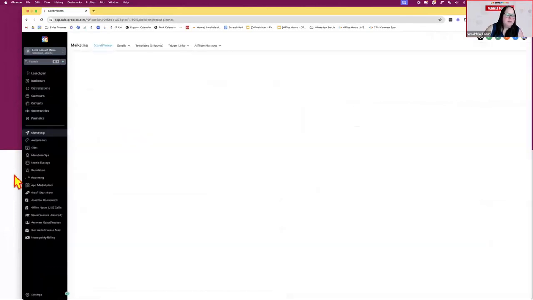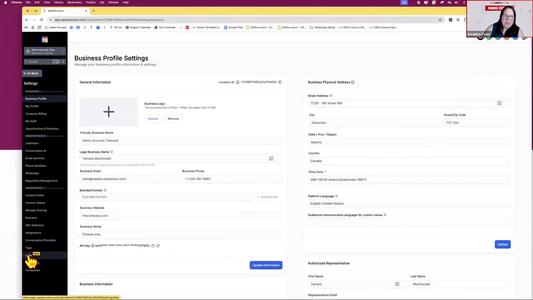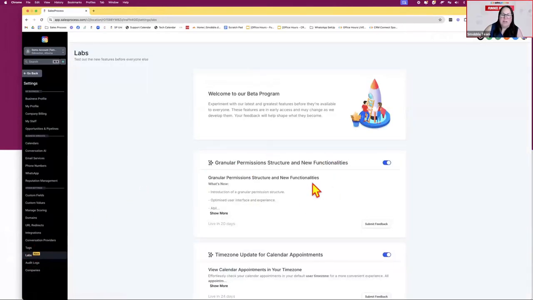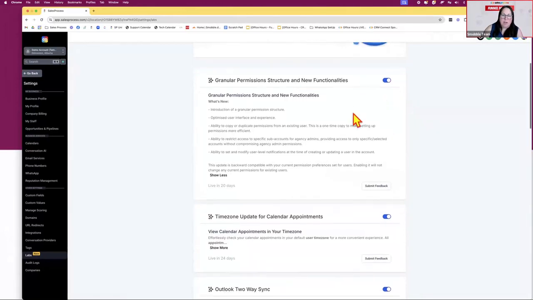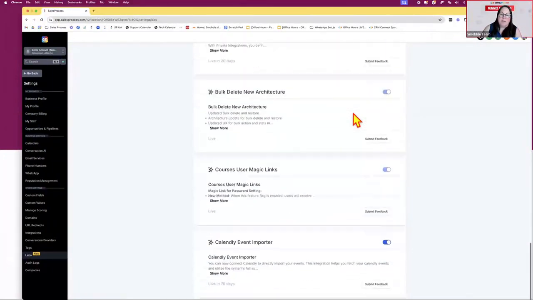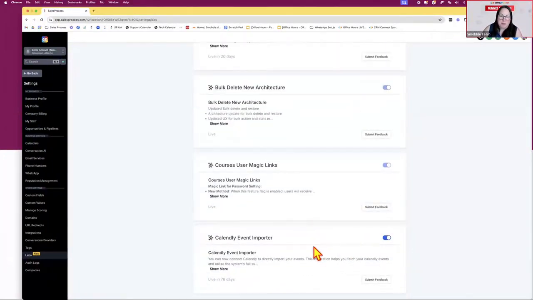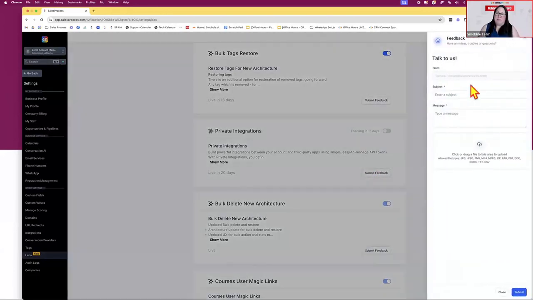If you go into your settings and you go into labs, this is basically new features that drop in here, and it will tell you a little bit about what the feature is, and it will have them shut off in your account. You can decide if you want to turn them on or not, but you have to remember these features are in beta. What they're looking for is for people to try them out and to use the new features. And if you find issues with it, you can come back into the lab and submit feedback to the dev team about what's working and what doesn't work.